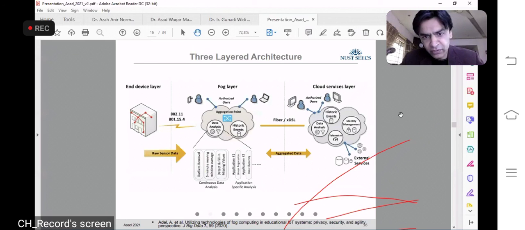Right? The network is not unlimited. The bandwidth is not unlimited. We have to utilize the resources in an efficient way. So the fog is actually the base stations, or you can say a district officer, which collects all the data from the user, and based on